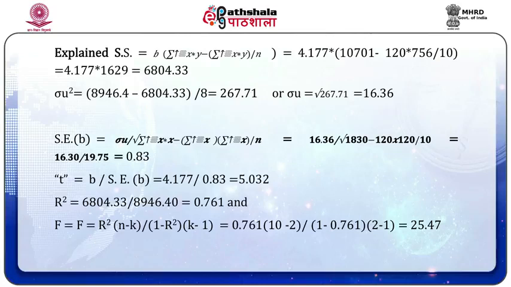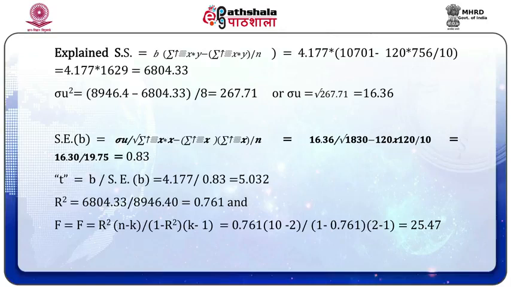R square is equal to 6804.33 upon 8946.40 is equal to 0.761, and F is equal to r square into (n minus k) upon (1 minus r square) into (k minus 1) is equal to 0.761 into (10 minus 2) upon (1 minus 0.761) into (2 minus 1) is equal to